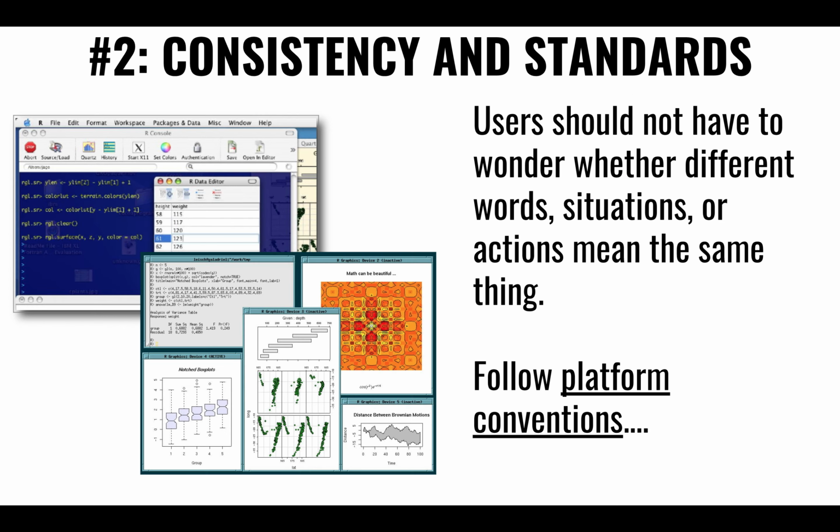Another of the big principles that Nielsen mentions is consistency in the standards. We are humans, and humans like to identify patterns. We see enjoyment in looking at something and then being able to recognize it later on. That's why we like music, that's why we like certain beats, so that we learn them, and then when we are able to recall them and they match what we expected, we see joy in that.